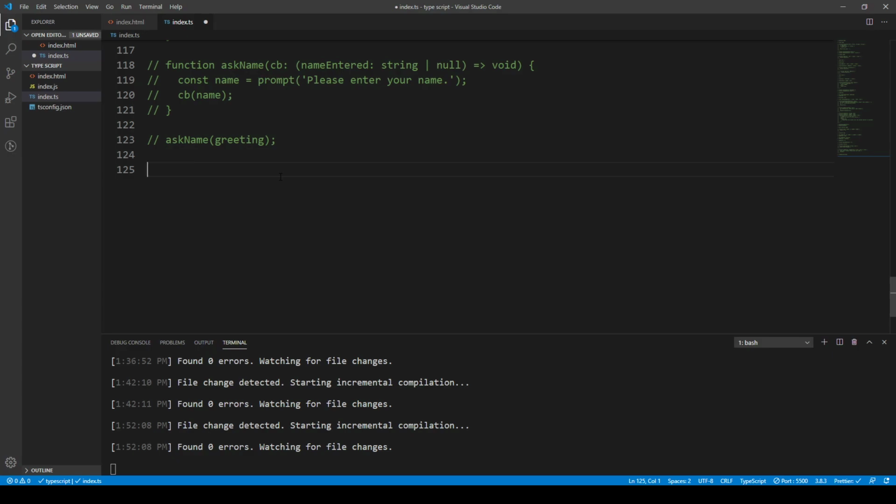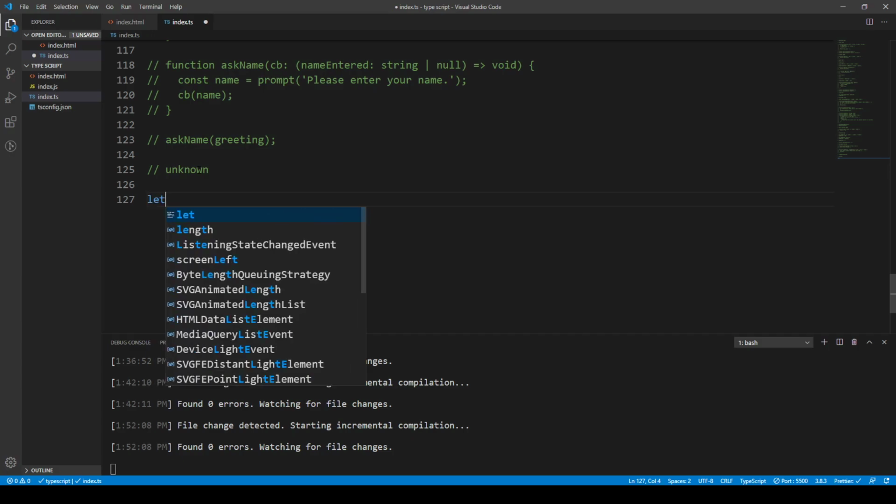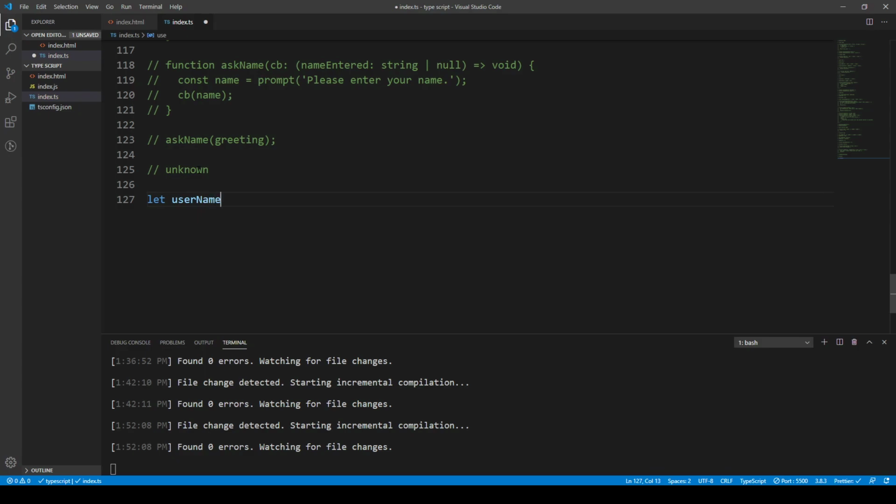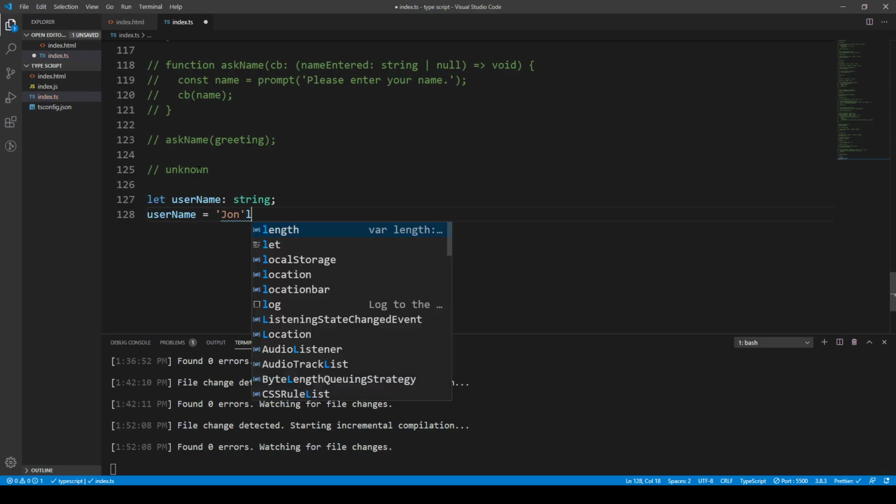Another sort of type we may have is what's known as unknown. And we've seen the any type, and we've seen how we lose data on the any type, and unknown is just a little bit better than any, but it's something that we also don't use too often. But let's say that we have a username. So let's say we had that prompt box again, and the user needs to input their name, and that's a string, and then we set username equal to John. Well, that's all well and good,